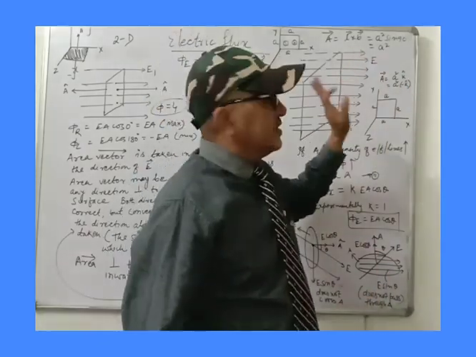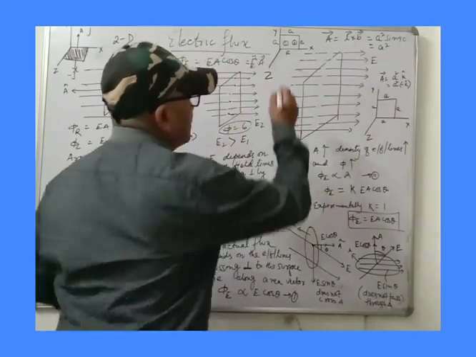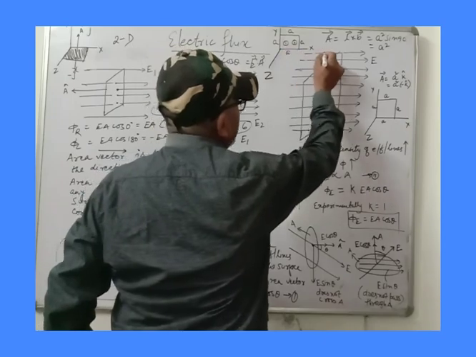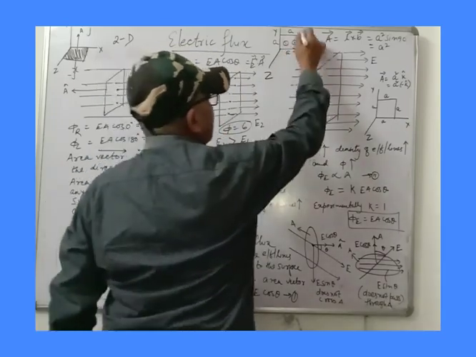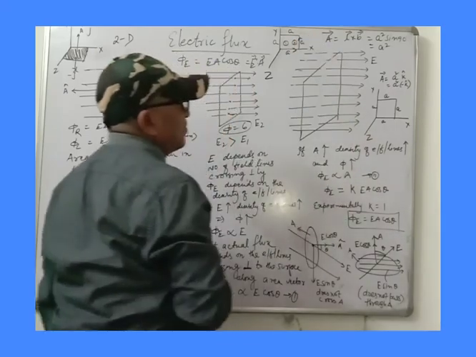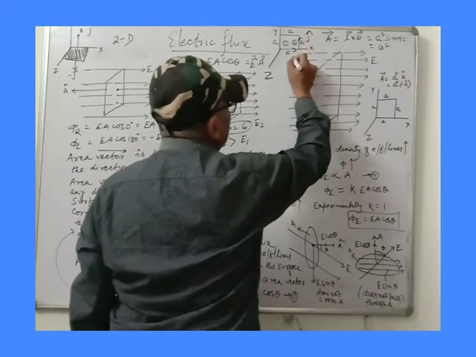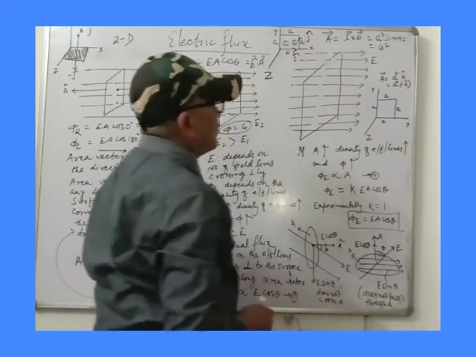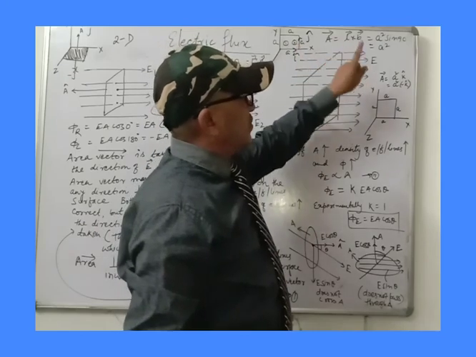AB sine 90. That means A into A sine 90. Why 90? Because along the x-axis there is one length vector, and along the y-axis there is one breadth vector. That means it is along j cap, and it is along i cap. i cross j. So the area of a rectangle or square is i cross j.